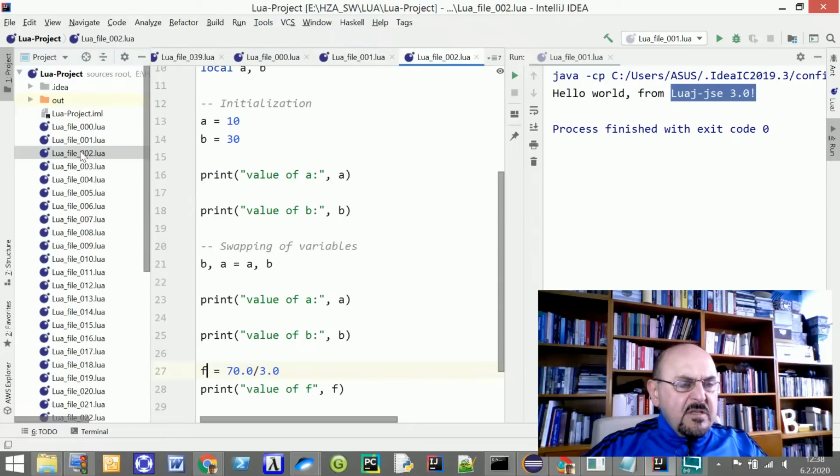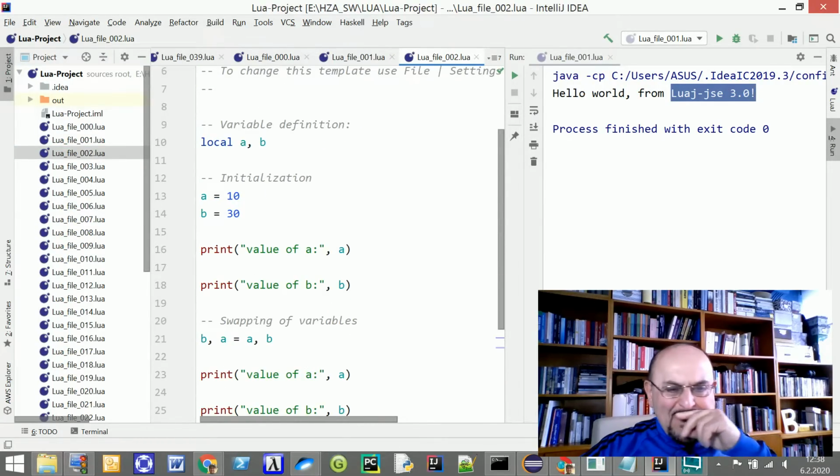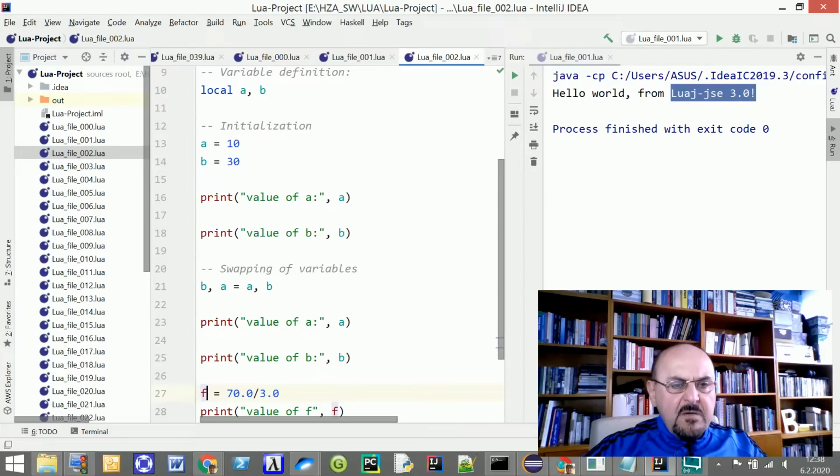And right away I'd like to share this code with you. Here I define two variables, a and b, 10 and 30, and I simply say print value of a, within brackets, and a, and once again print value of b, and b.